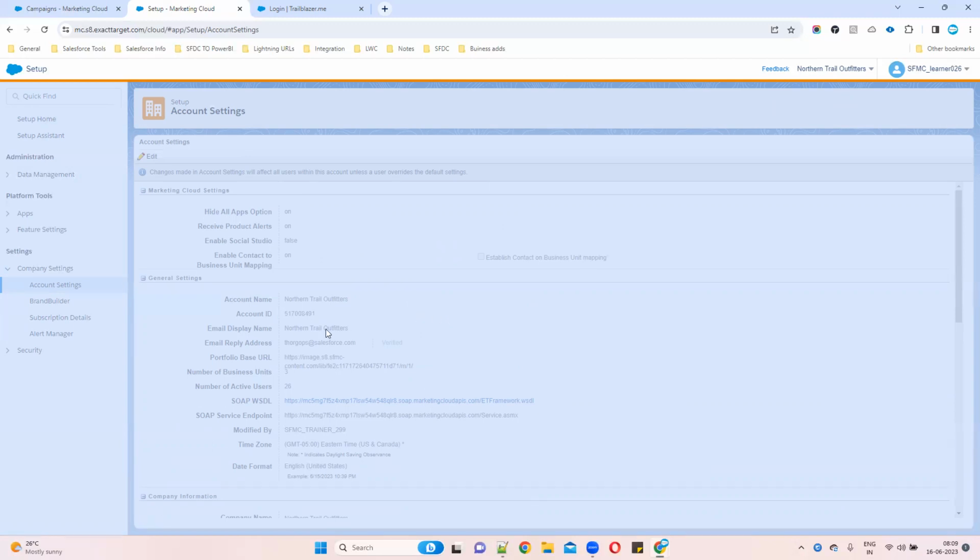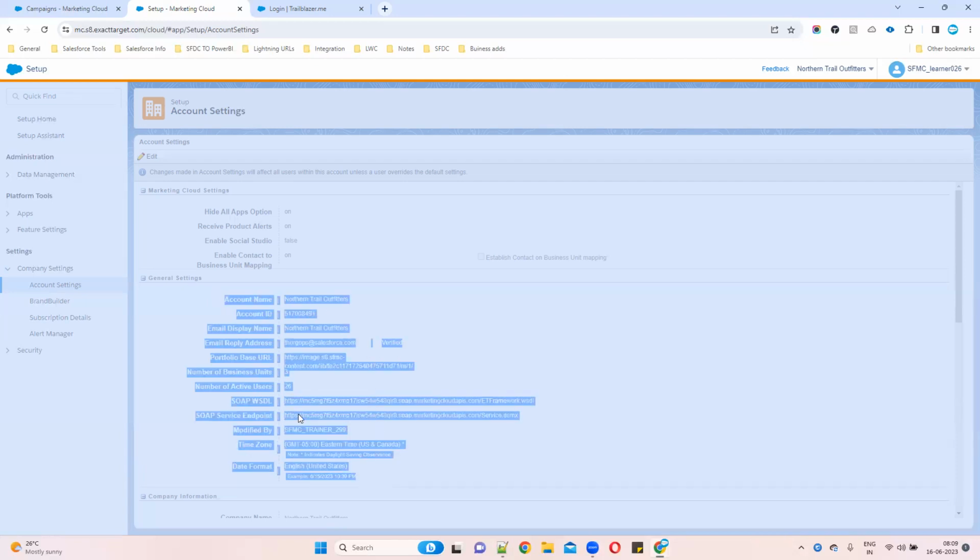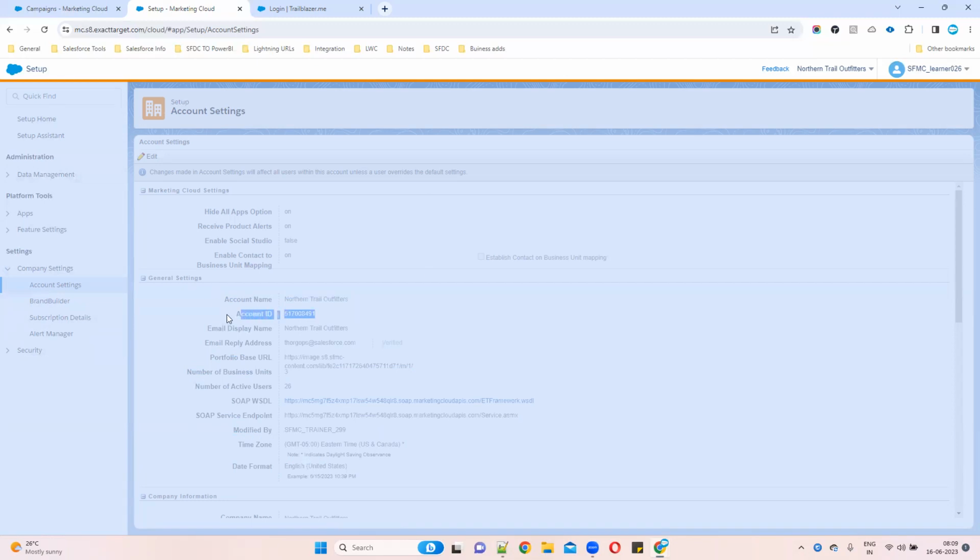Okay. And this is all about the information. We'll go through all these later. I just want to show you what the Marketing Cloud ID is and where you can find it. Then here you can do all the setup things. You can configure your accounts. You can change your UI brand, the login page also you can change. Subscription details, all those things you can do. We'll see all these things later.